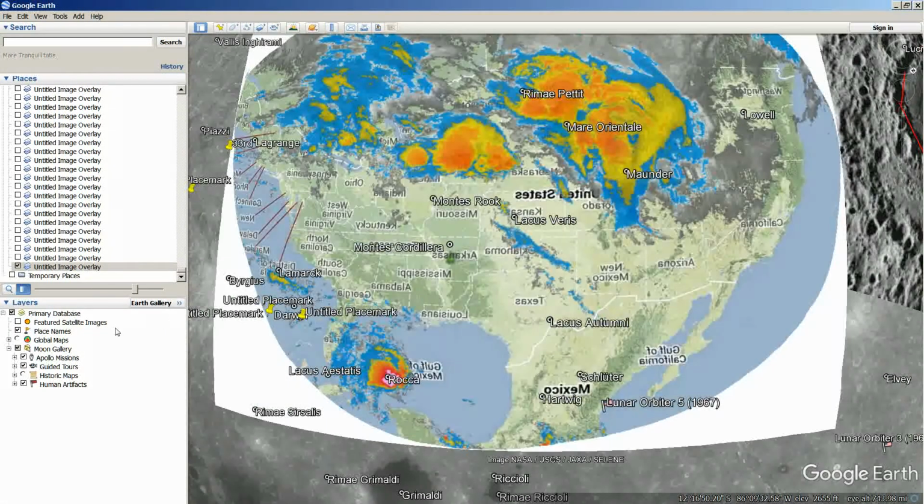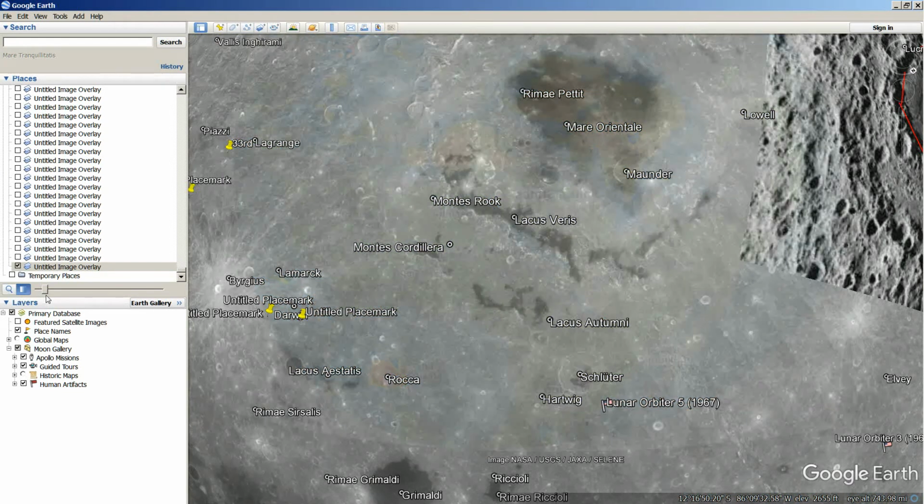And in the Gulf of Mexico, right off the Yucatan, we see something right there where that supposed comet or whatever was supposed to hit. I don't think that's true, but anyways,